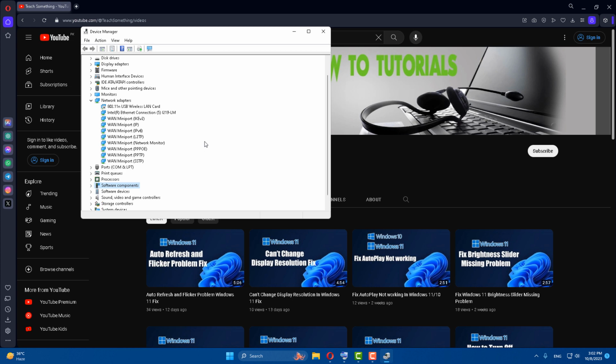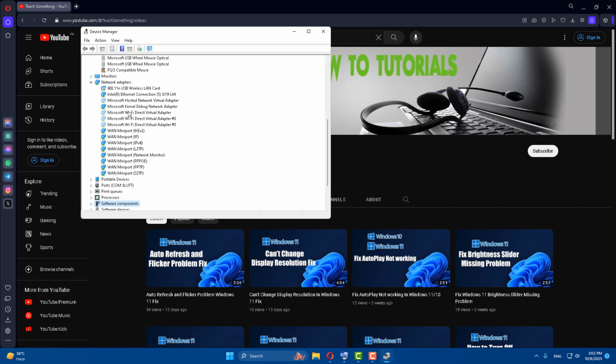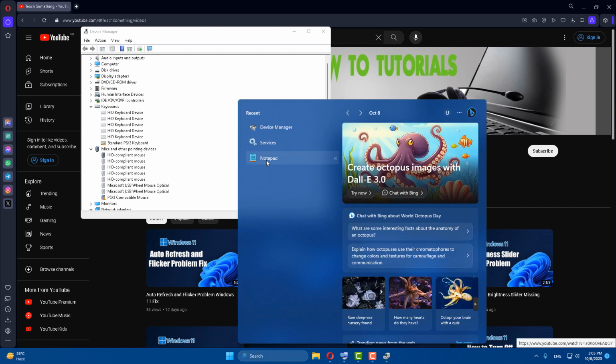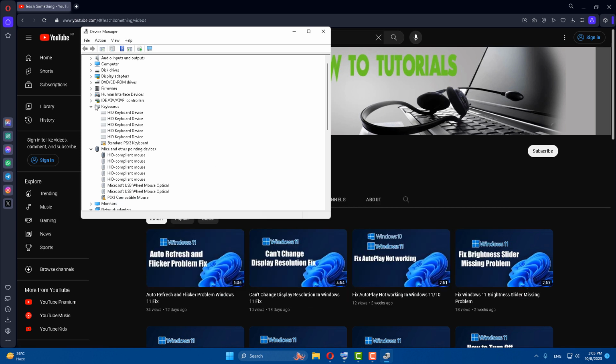Now if this method is not working, then you can try a second method. The second method is to go to your View options, and after doing this click on Show hidden devices. Now after showing hidden devices, you can see that the keyboard is there. So after that, you can check if it's working or not. Now in case the keyboard is not working,